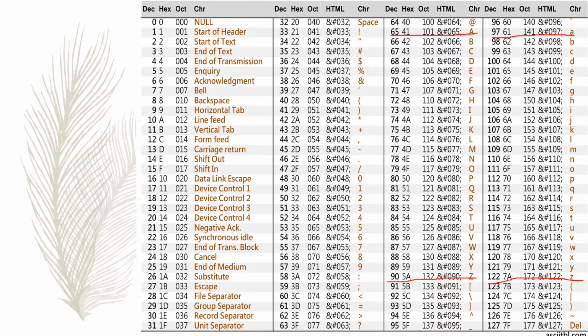So you have to remember a few ASCII codes. Say for 0 is 48, capital A is 65, capital Z is 90, small a is 97 and small z is 122. Now, the thing that you have to notice is the difference between capital A and small a. 65 and 97. 97 minus 65 is 32. You have to remember this value.